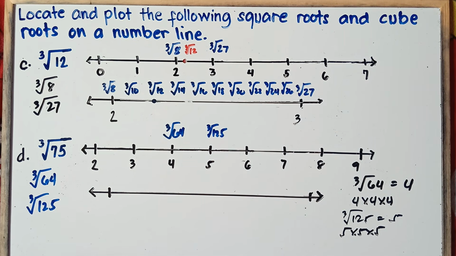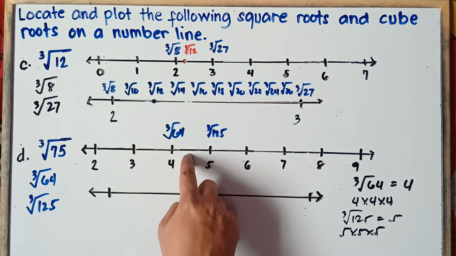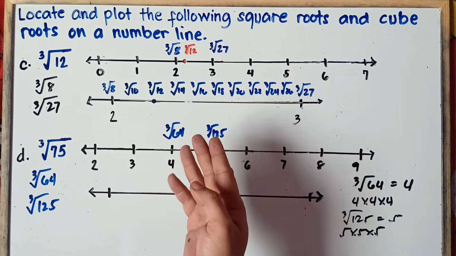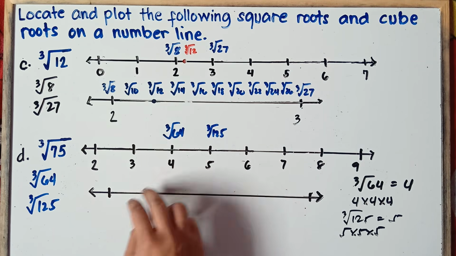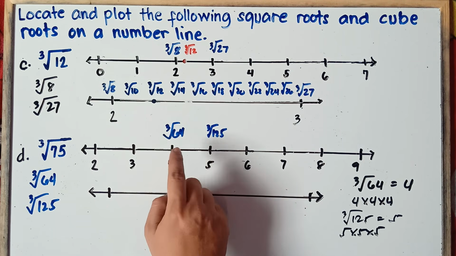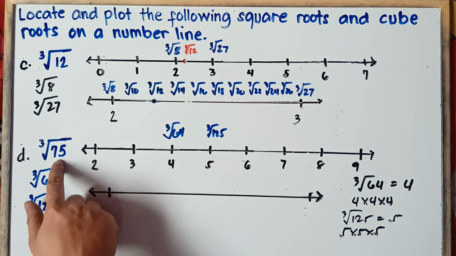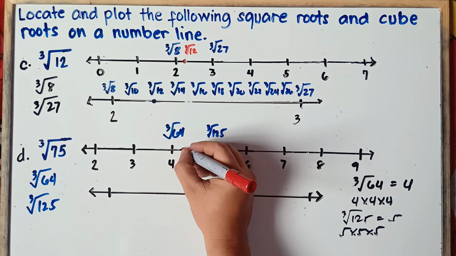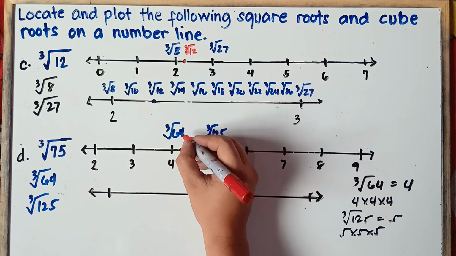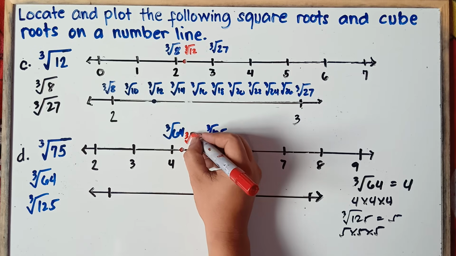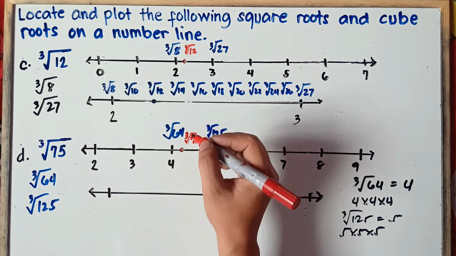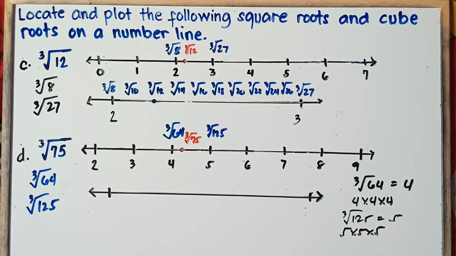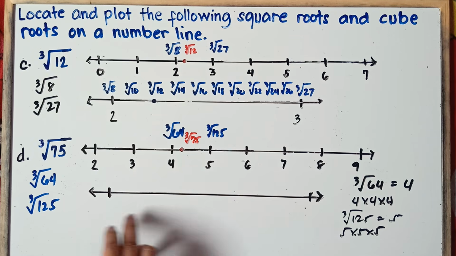Of course, we know that cube root of 75 is near cube root of 64. So you can actually answer this one directly, class, without doing this one. Just simply estimate. You know that cube root of 75 is near cube root of 64. So we can say that this one right here, cube root of 75, is near 4. So that would be your answer, class, for letter D. That's how you answer this one. Simply estimate. But if you're confused, you can write 4 and 5 in this given.